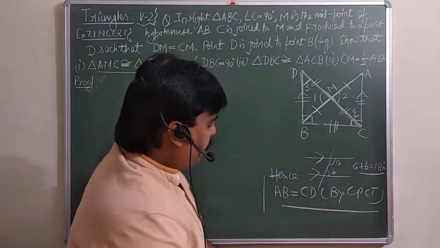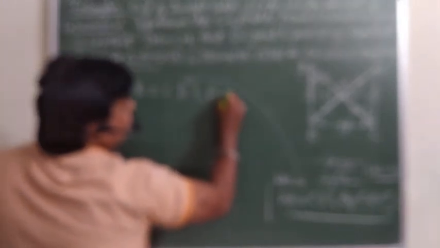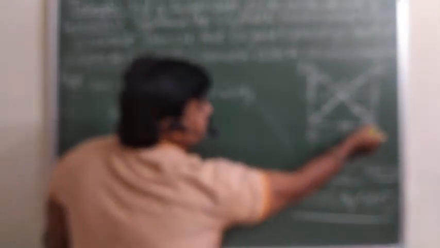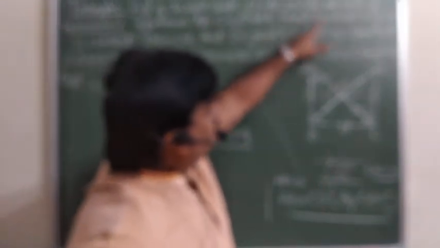Now this fourth part we are taking with the help of this one. See, fourth part. AB is equal to CD, that is already proved. But we want to prove what? We want to prove that CM is equal to half of AB. देखिए, AB keep as it is. You are supposed to keep AB as it is. But you can break this CD into CM plus DM. But this CM is equal to DM is already given. M is the midpoint of CD, and this is already given. Then DM is equal to CM. This is already given, and the given we have already written.